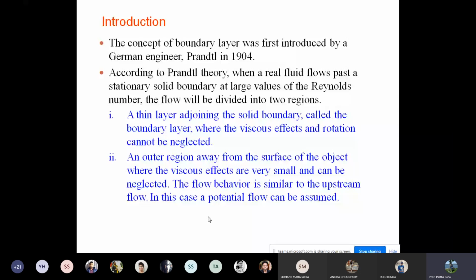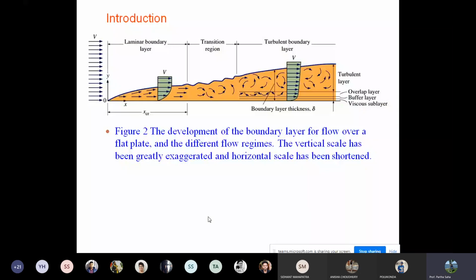This figure 2 talks about how the boundary layer concept evolves. What you can see here is my solid plate, the wall, and you can see the velocity distribution starting from 0 all the way to 99% here. This is my upstream velocity, as you can see, V given by the arrow from left to right. This is my free stream velocity, which is the maximum velocity. But since there is no obstruction, the velocity of the fluid is constant.